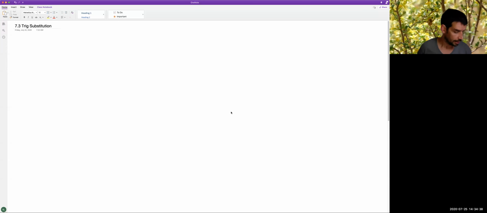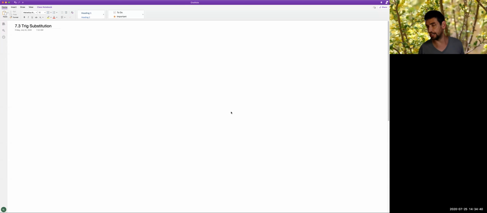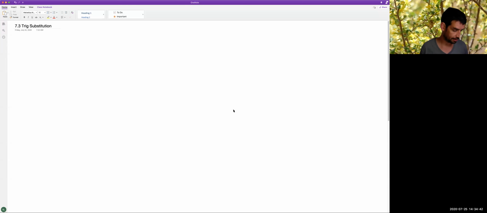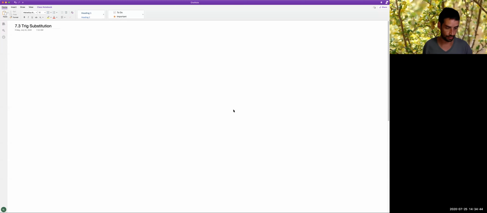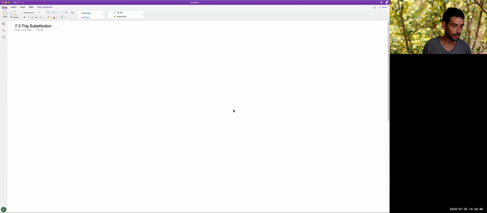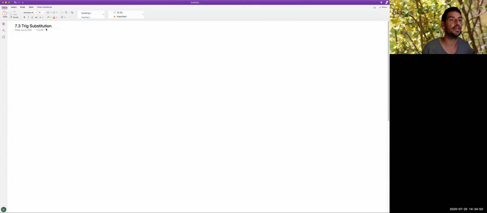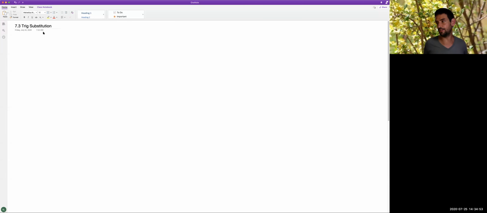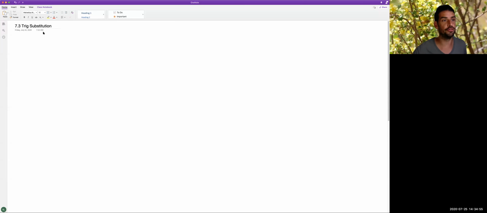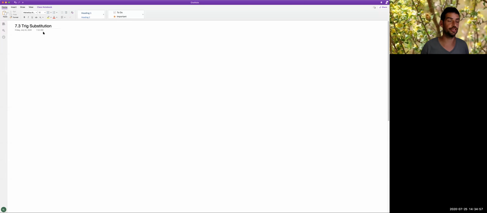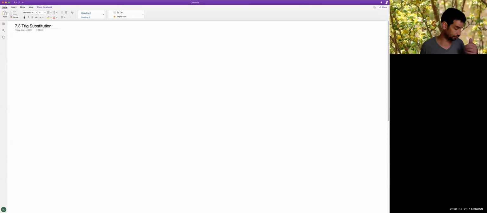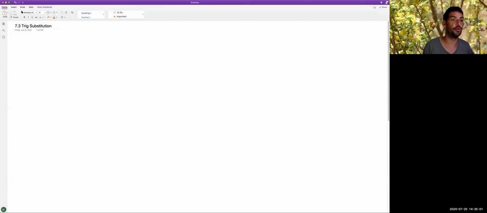Hello, everybody. So marching on, we're going to take a look at another technique for integration. We're not going to get too bogged down in justifying this. It's essentially using the substitution rule in the opposite direction. And so we mostly right now just want to focus on learning how to perform this. So let's start with